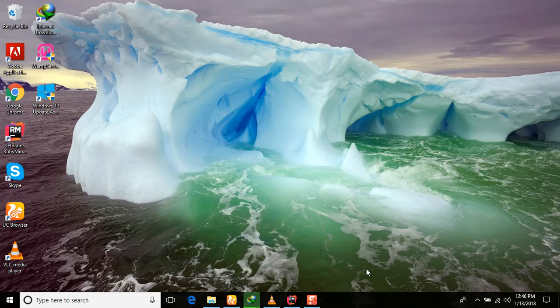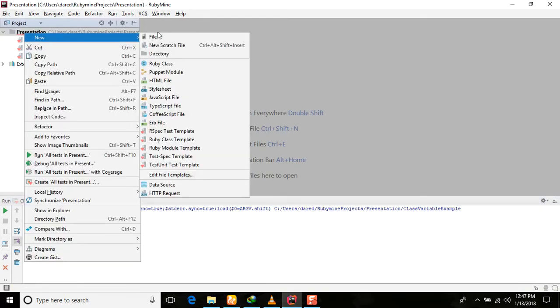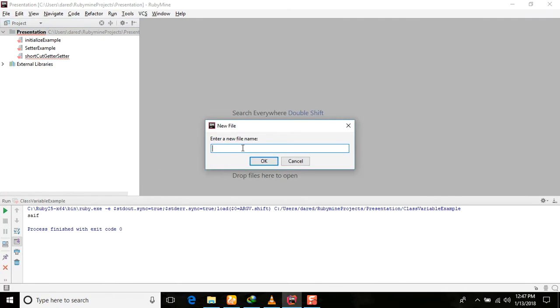And in this session number 19, we are going to learn the class variables and the self methods. First of all, we will understand what a variable is. A variable is, you can say, a container in which we can store values, which can be temporary values. But the class variable is different from that. So first of all, we are creating the class variable example file